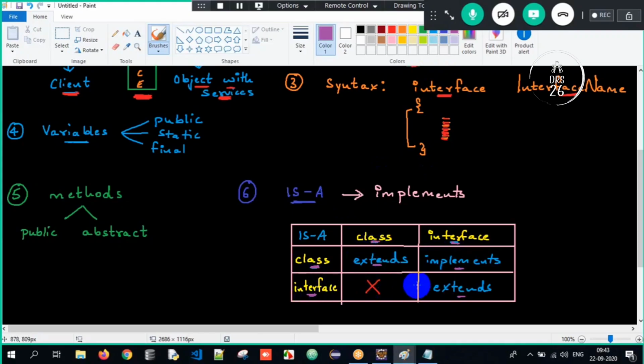So these are the few things which we are supposed to understand when we talk about interfaces. Got it? It's a very simple topic. So now let us try to talk about a few more things here, so that it becomes a very easy topic by the end of the session.